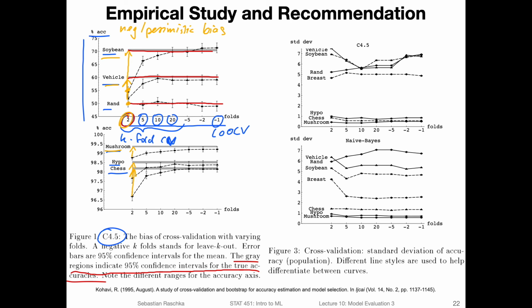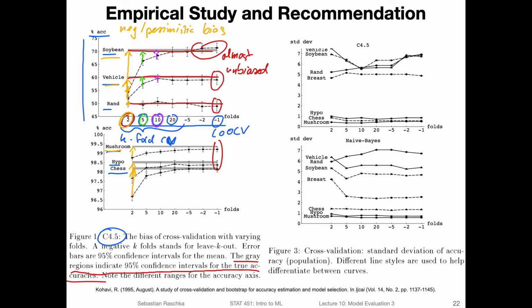We also see that to some extent for 5, so you can still see there's some difference here. The difference becomes smaller for 10 here, for example. So this is already smaller. And then for a case like, which color? Here, let's use red. For these ones here, for leave one out, for example, you can see it's almost unbiased, which is good. So for leave one out, we have almost an unbiased performance estimate.